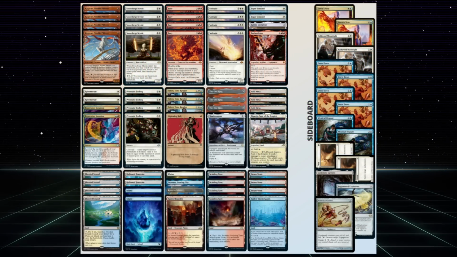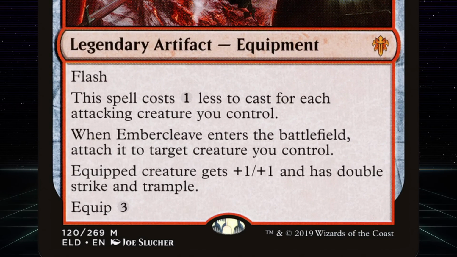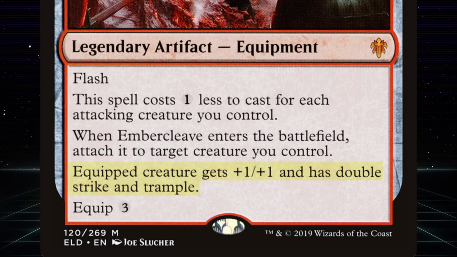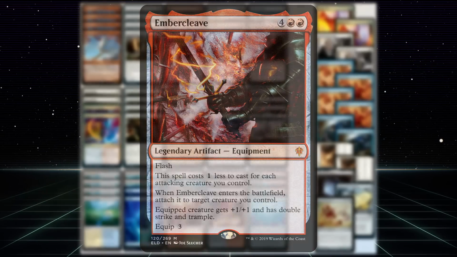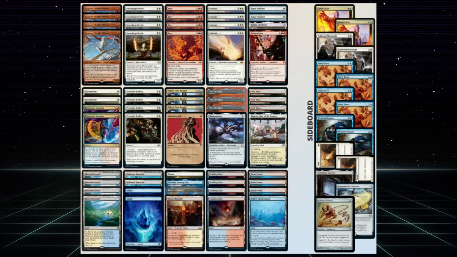And the cherry on top is Cleave, which is a 6 mana equipment that has flash that says this spell costs 1 less for each attacking creature you control. When it enters the battlefield, attach it to a creature, and that creature gets +1/+1 and has double strike and trample. And while this does not seem like a Modern power level card, it will win us multiple games in this league. So we're going to be taking this crazy Stoneforge Mystic, One Ring, and Cleave brew through a League